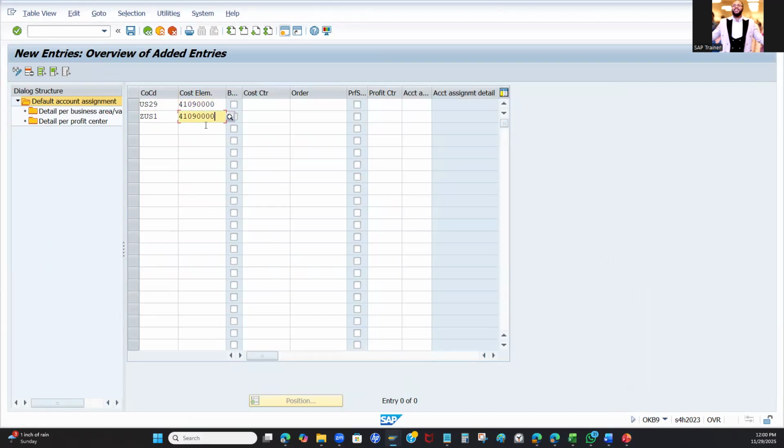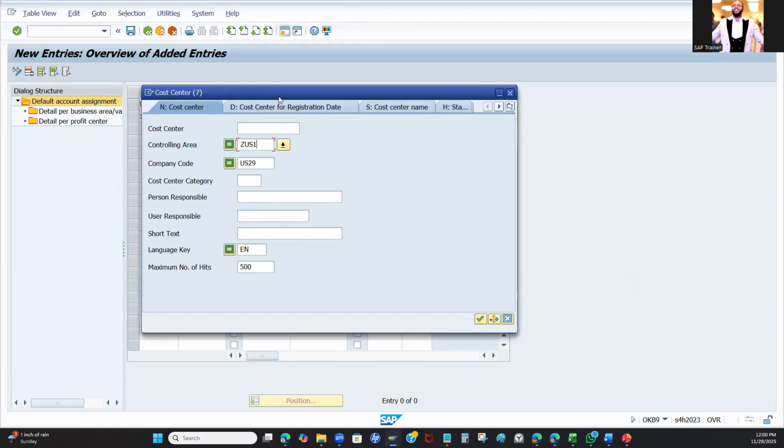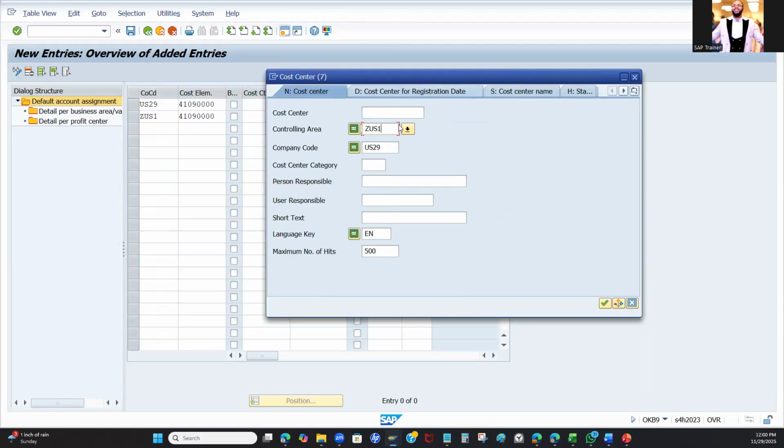Like I said earlier on, if you're well acquainted with what has changed between ECC and S4HANA, you will realize that the cost element was separate in ECC, but now in SAP S4HANA, we will have to assign a default account assignment. And then also we need to select what cost center we need to add to this particular configurations. So here, I'm going to make sure that the system is looking for the correct